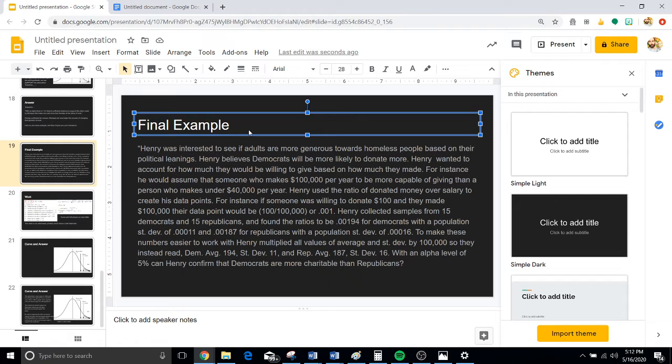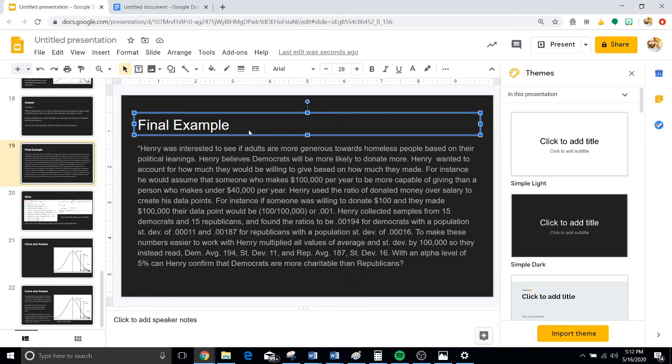So let's read it. It says Henry was interested in seeing if adults are more generous towards homeless people based on their political leanings. Henry believes Democrats will be more likely to donate more. Henry wanted to account for how much they would be willing to give based on how much they made. For instance, he would assume that somebody who makes $100,000 per year to be more capable of giving than a person who makes under $40,000 per year. Henry used the ratio of donated money over salary to create his data points. For instance, if someone was willing to donate $100 and they made $100,000, their data point would be 100 over 100,000